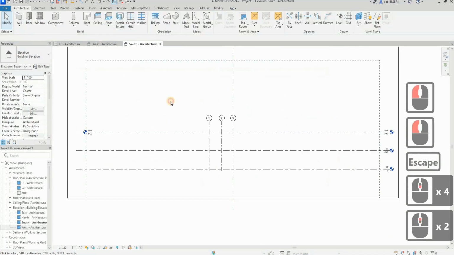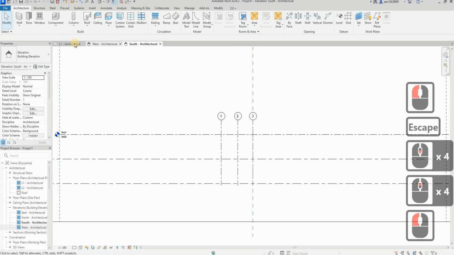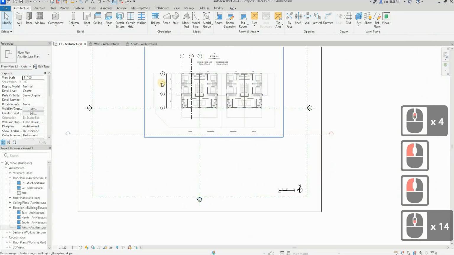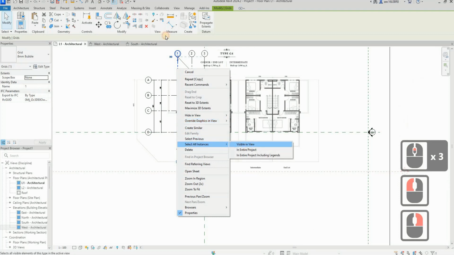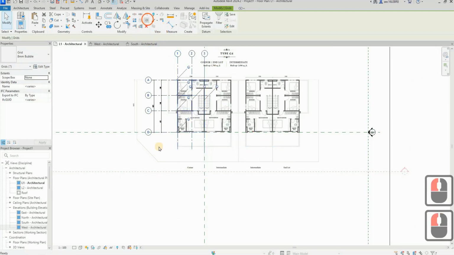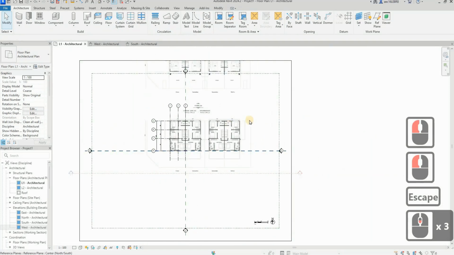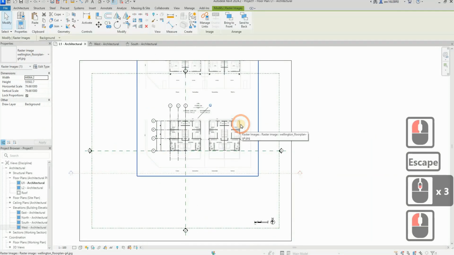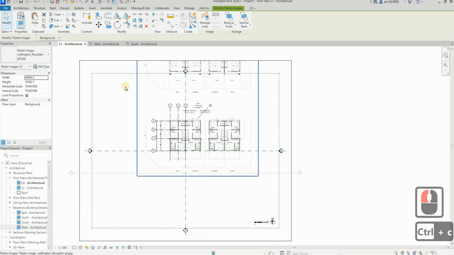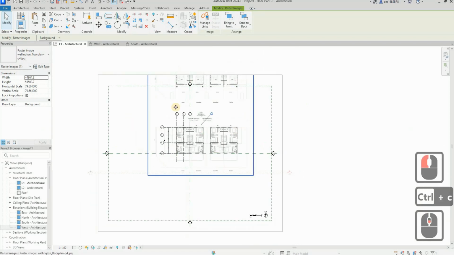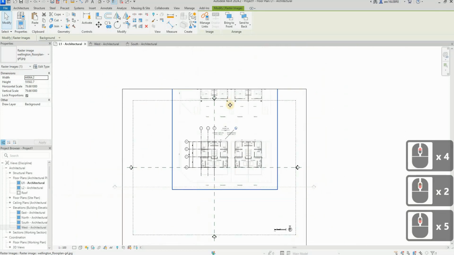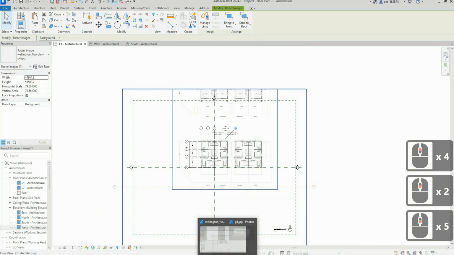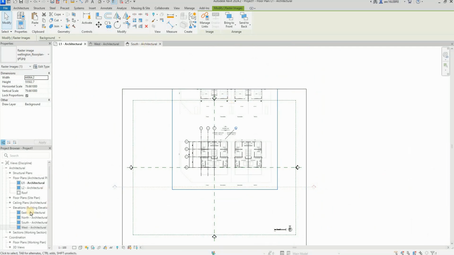So that's done. Then we go back to the layout plan. Then we select everything here. Select all instances visible in view. Then we pin it back. Okay. So the next thing that we need to do is we just Ctrl C, copy this image file. Then we paste to level